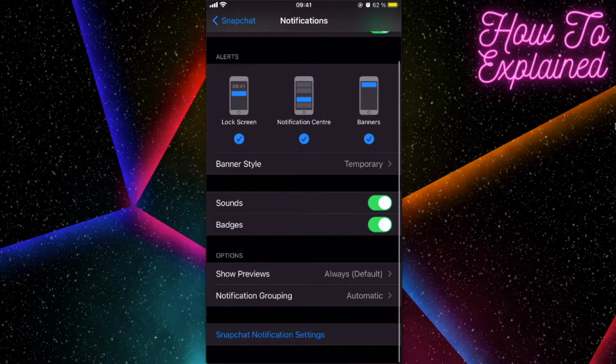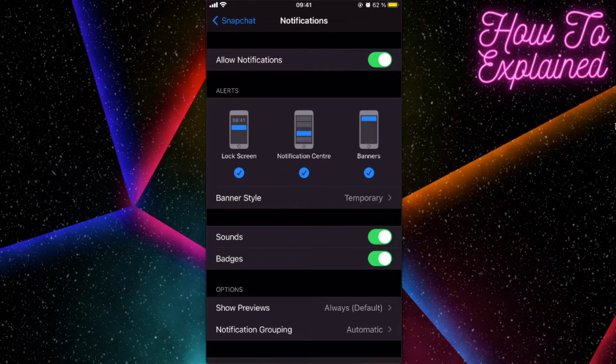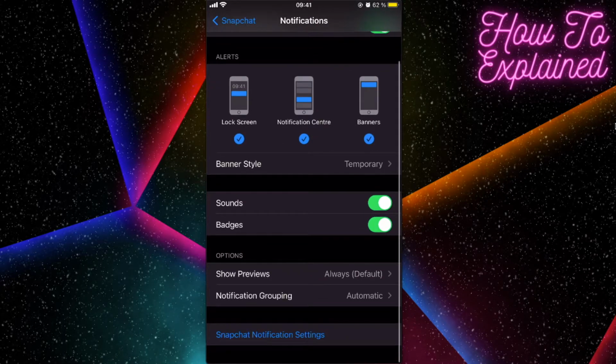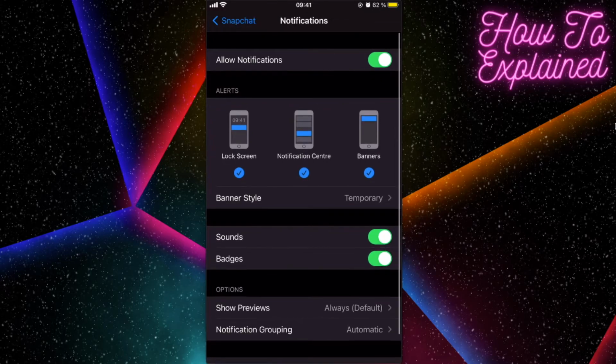You can also choose what notifications you want to get: banners, notification center, or lock screen, banner style, and so on. So this is the first step, and if you want to get specific notifications, you will have to